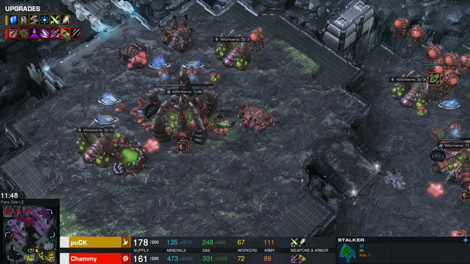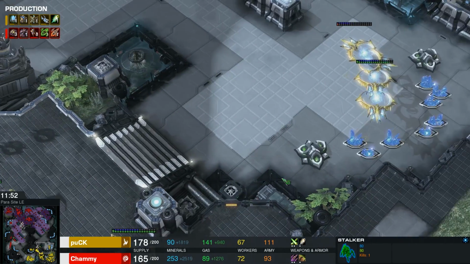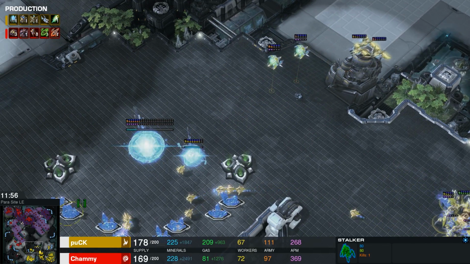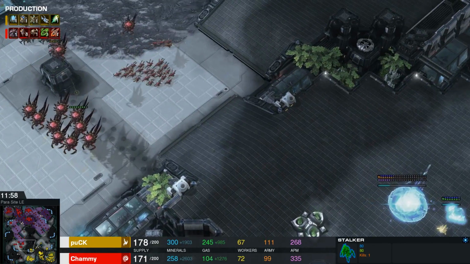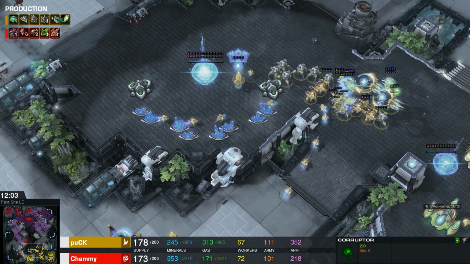Upgrade-wise, he is sitting at +2, +1, so it's not like he's in a bad spot. But I feel like right now, Puck is gonna allow himself to start up that really scary Stargate army. He's been playing this game extremely passively so far. There are now a lot of Corruptors in the air, though, but I think yeah, indeed, the Void Ray switch